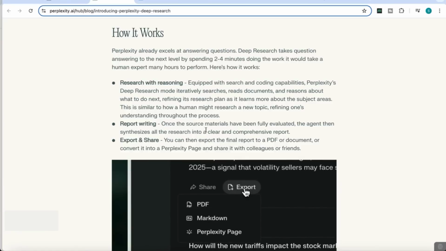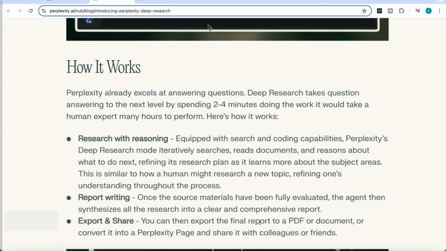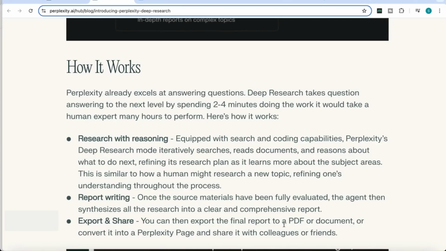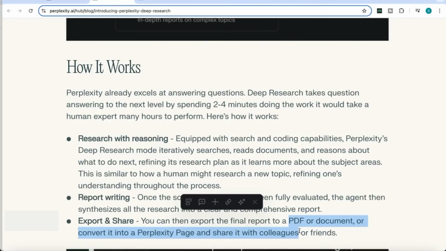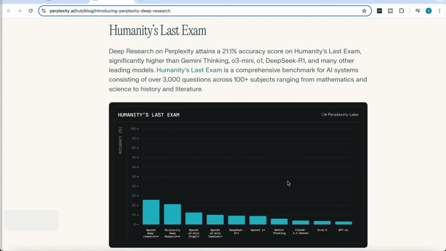It then synthesizes all that research into that report, and then you have the option to export and share that report into a final PDF document, or even convert it into a Perplexity page and then share it with other colleagues and friends. And if we look at some of the benchmarks, you'll find that deep research on Perplexity attains